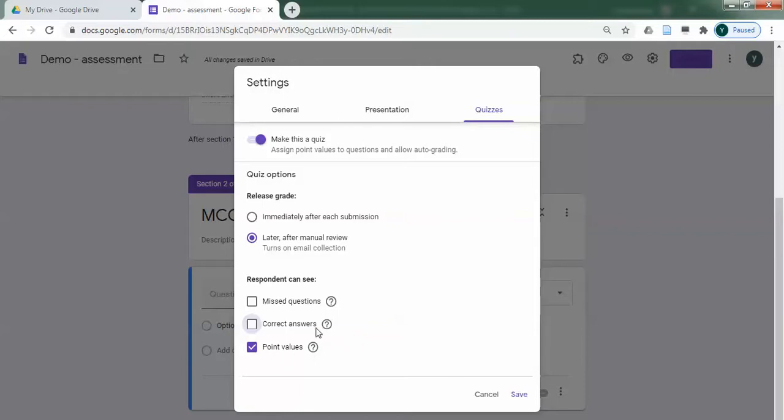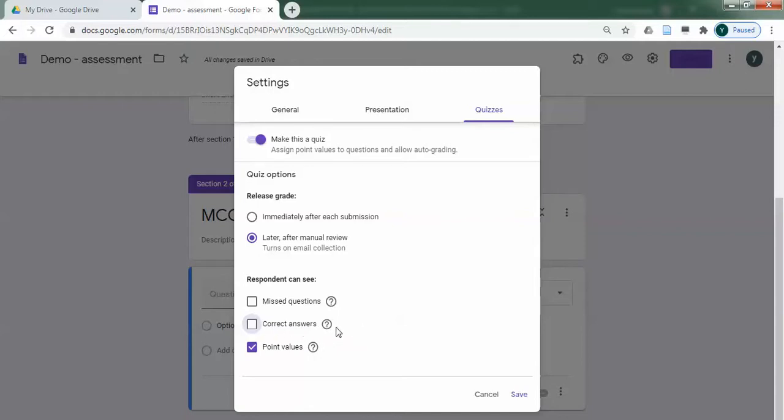The reason I removed the correct answer is that initially we faced a few problems. When I had selected this correct answer, students used to give a fake roll number and a fake name, just submit the form, and the form used to tell them the correct answer. Then they used to enter the real name, real roll number, and answer everything. So if it's your internals, better to avoid this.